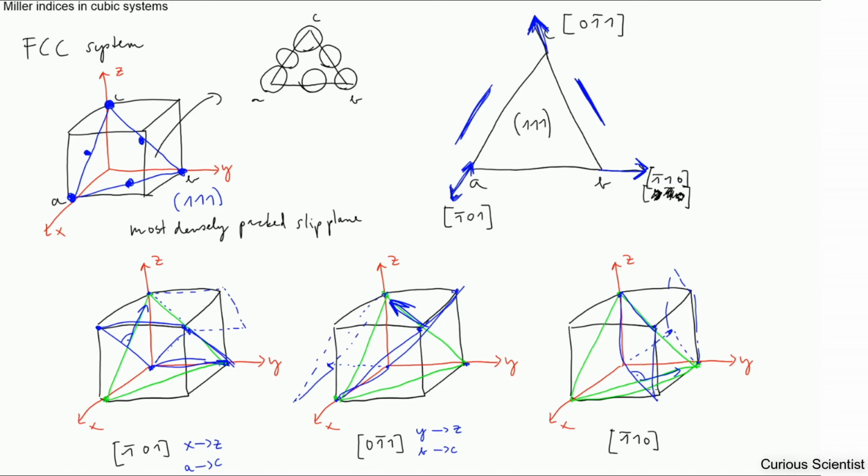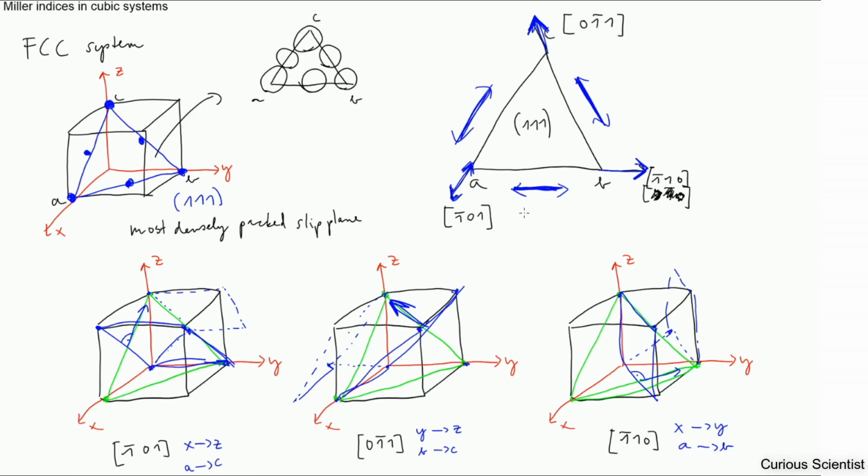So we have the normal of the plane from x towards the y direction, which is basically a to b on the triangle. So that is this direction. And then these can be interchanged, so plus or minus, tension or compression, basically. So this is how you construct the 3 slip directions in the FCC